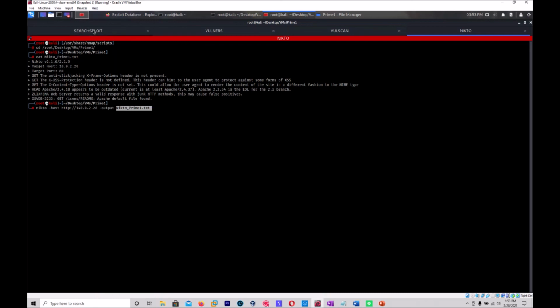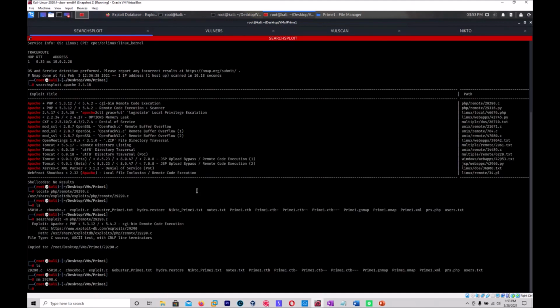So now, going back again to searchsploit, here's a cool little Nmap trick. We have this XML file right here. So what we do is we enter searchsploit --nmap. We specify the file, which is this XML file here. We hit enter,